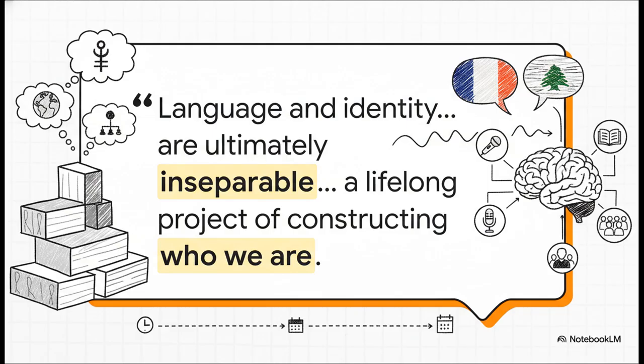A really powerful example of this comes from Lebanon after its civil war. For a lot of people, choosing to speak French was a way to align with a more European Christian identity. On the other hand, choosing to speak Arabic was a statement of connection to the wider Arab and Muslim world. Applied linguists study these kinds of situations to understand how our language choices become these potent symbols of political loyalty, cultural history, and who we are as individuals.